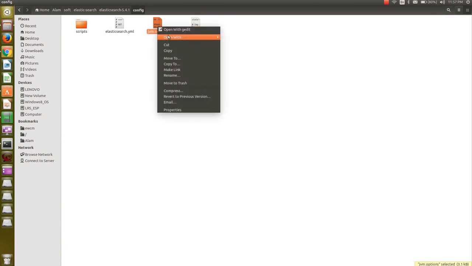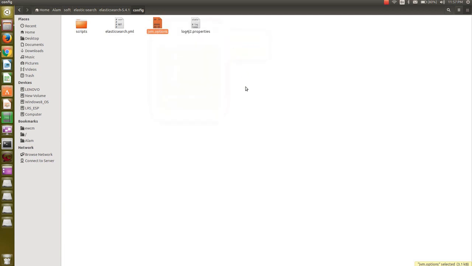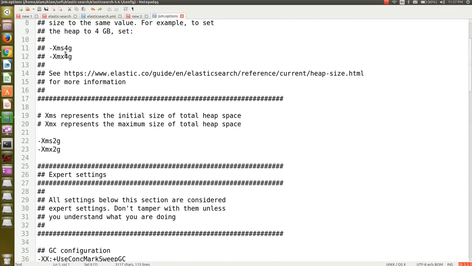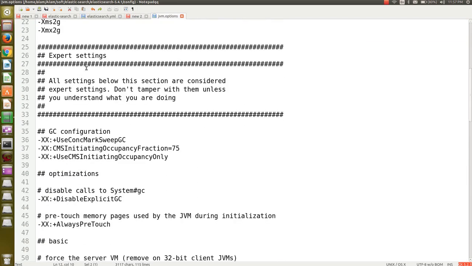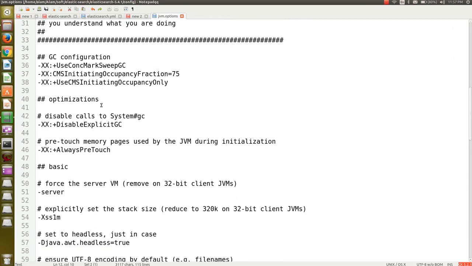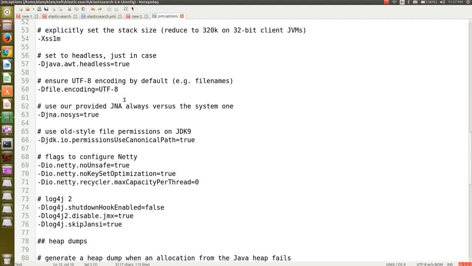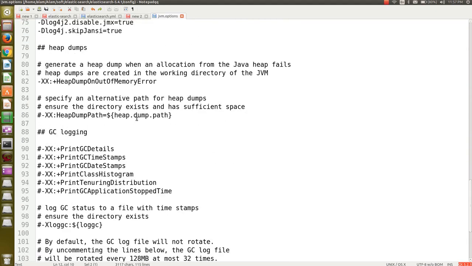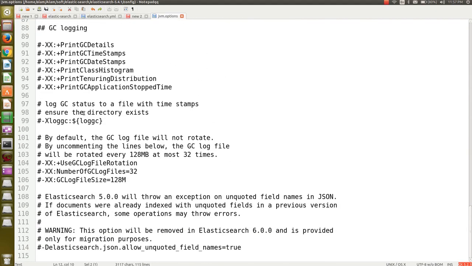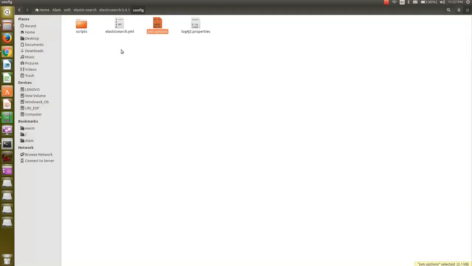For example, if you want to increase your heap and all those things, Xms, Xmx, and other GC settings, optimizers, and other stuff, the encoding format, again the GC and all. So you can always do it over here.